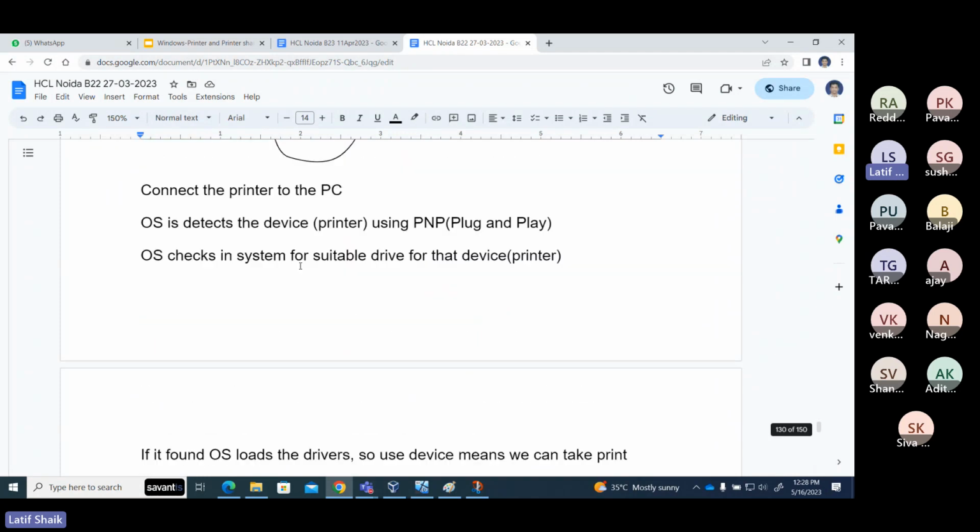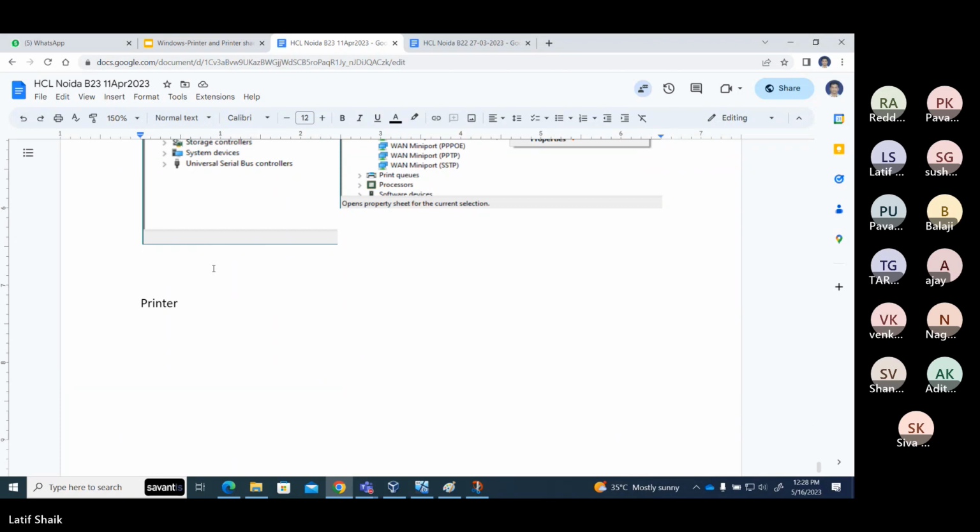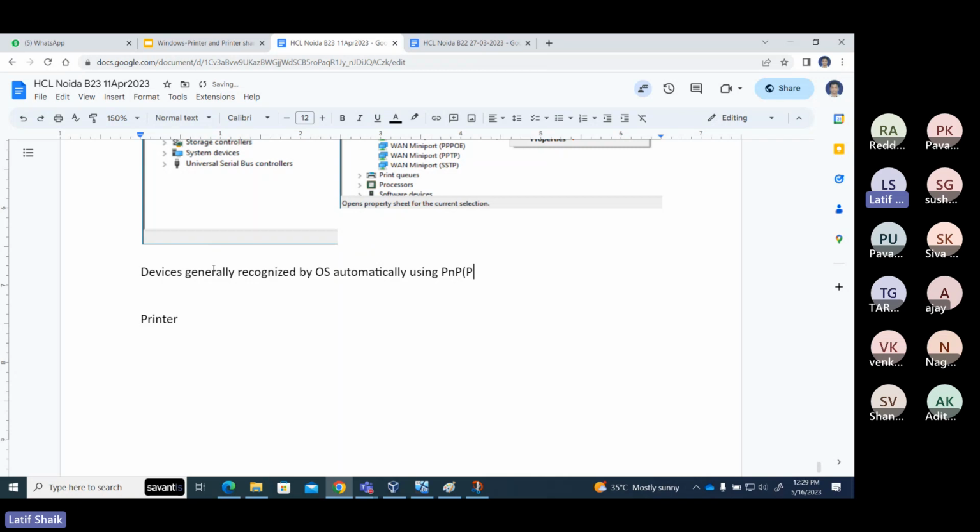The devices are generally recognized by the OS automatically using PnP. What is PnP? Plug and play. When a device is connected, using the plug and play service,